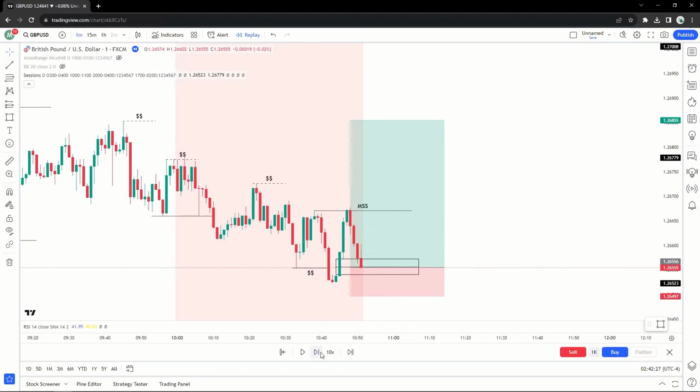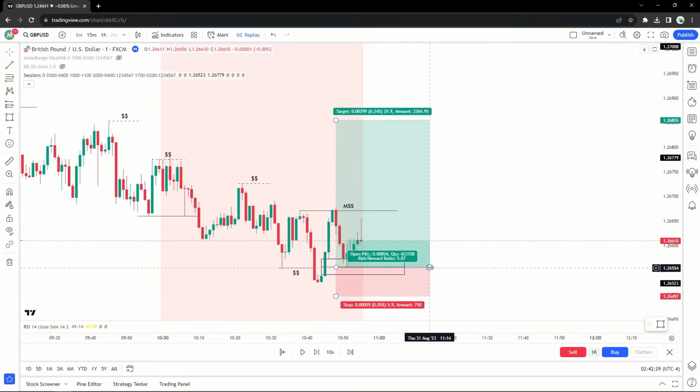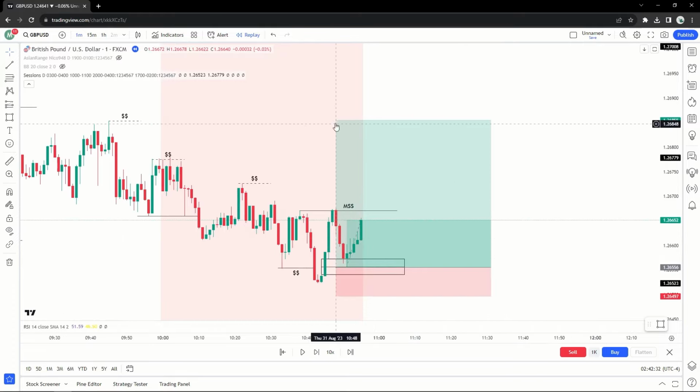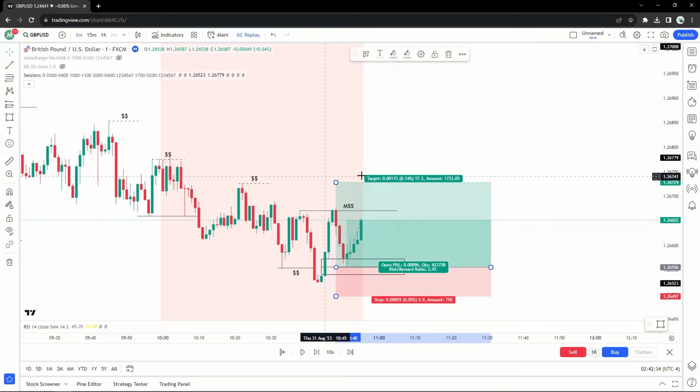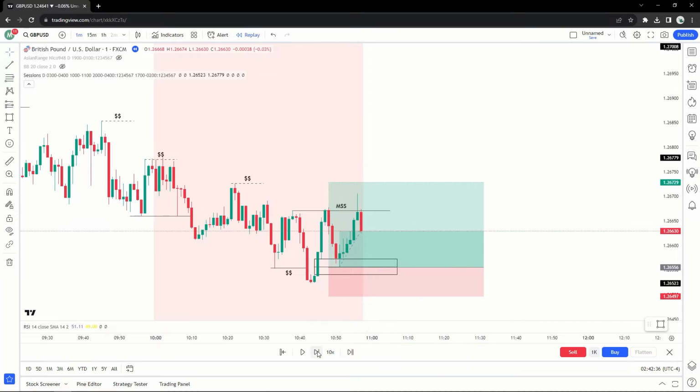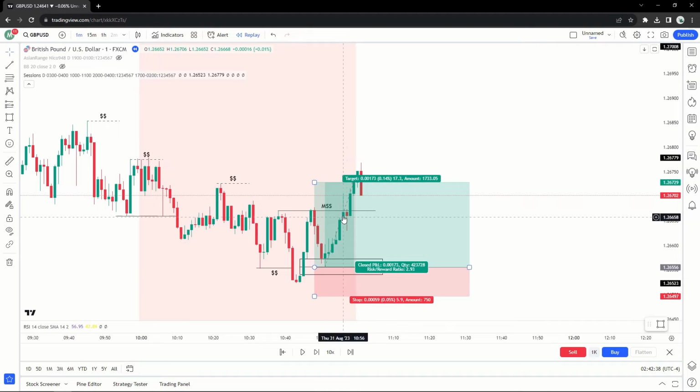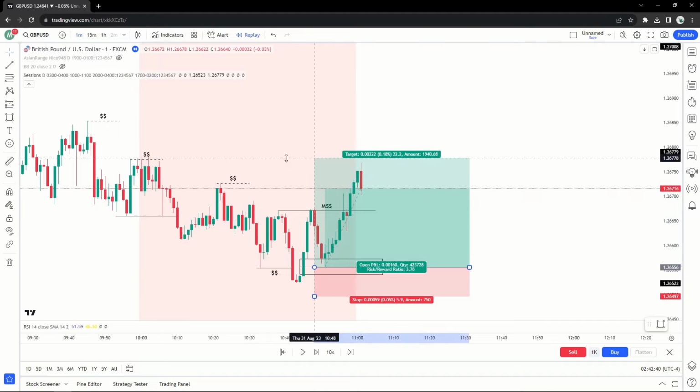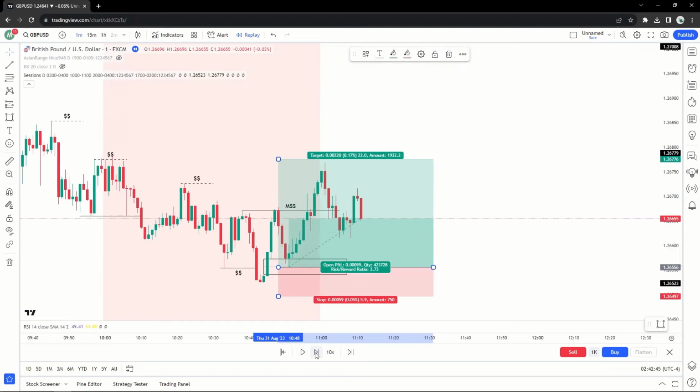Now, if I play the market out, you can see what I tagged in. If I was to increase this, what I'll be aiming for is actually this, simple as that. A quick 1 to 9 risk reward. You can see it already hit the trade. It's literally as simple as that. Okay, let's see if market would want to go above this point. If I play this out,